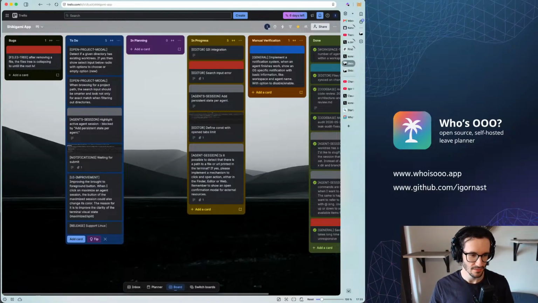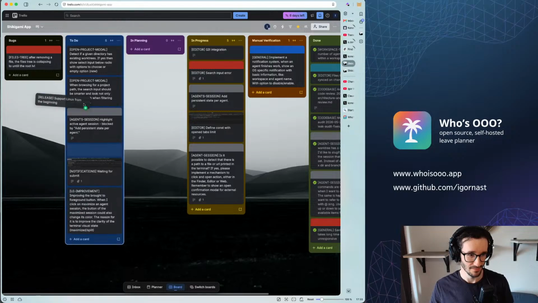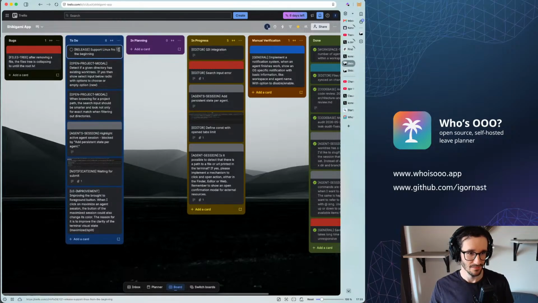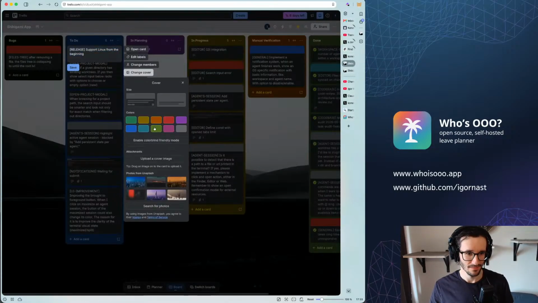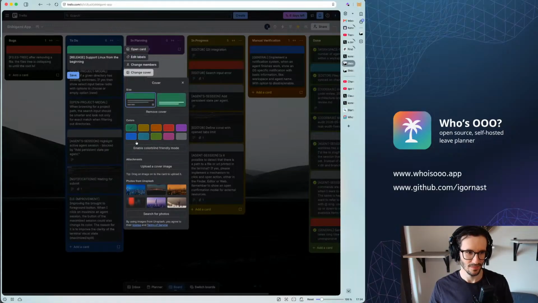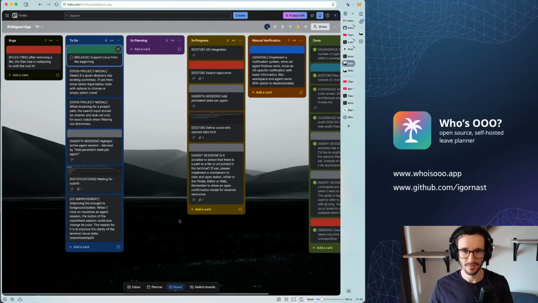Support Linux from the beginning. With a high priority. And a green color at the top.